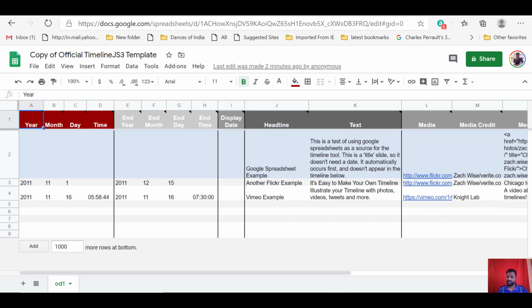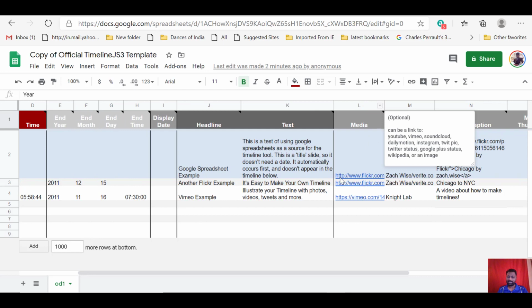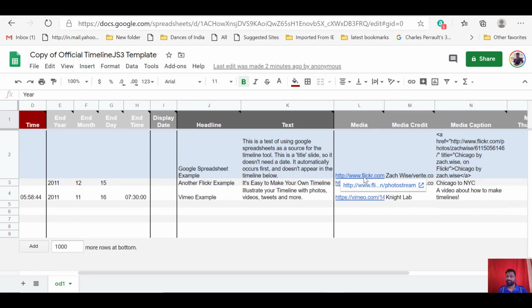And here you have the media column in L. In this media column you can paste the link of an image or a video, from YouTube or other video platforms or image platforms. We will see how a video or an image can be pasted here.